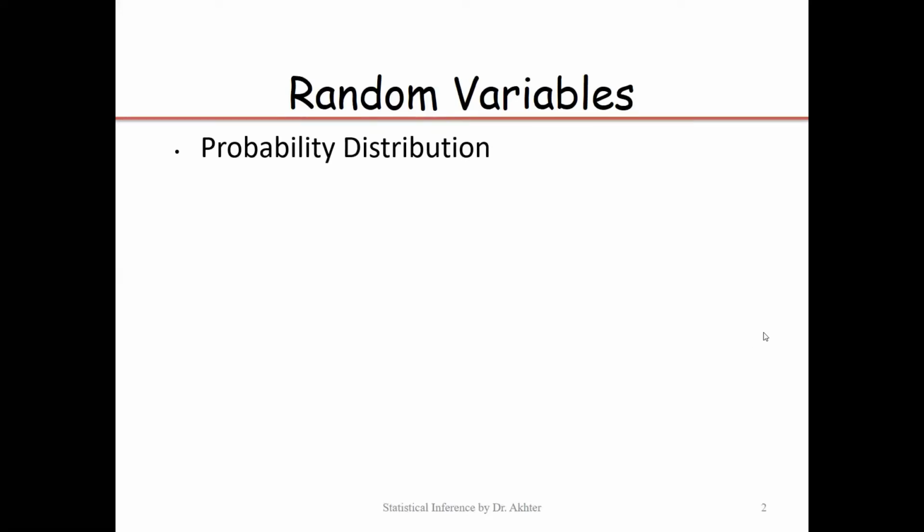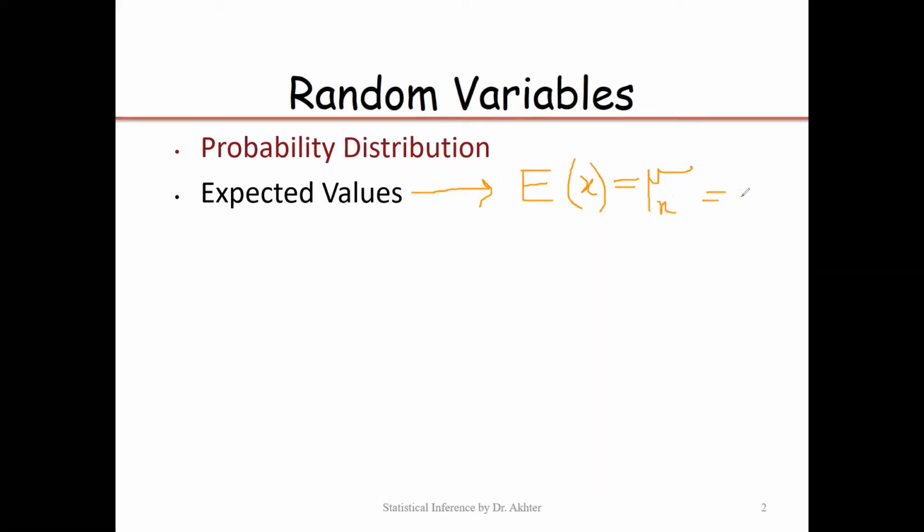This is the agenda of this presentation: random variable, the probability distribution, the expected values, the mean of the distribution. Expected value is referred to as E(X), expected value of X. It is nothing but the mean of the variable X. It can also be represented as a mean mu of variable X, or in simple terms, if it is a sample mean, it can be represented by X bar. So E(X), or the expected value, is nothing but the mean of the variable X.